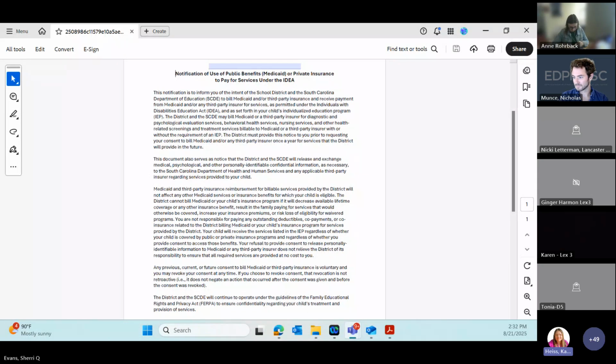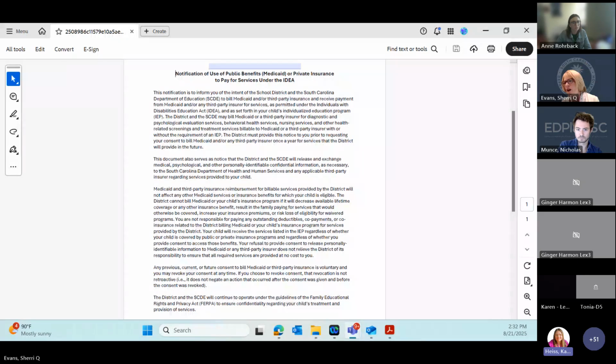Katie and I are in the same room, so it works best if only one of us has our computer unmuted with sound on. Just a quick update on the annual Medicaid notification that you see on your screen. A district reached out asking what the required fields are for that annual Medicaid notification.